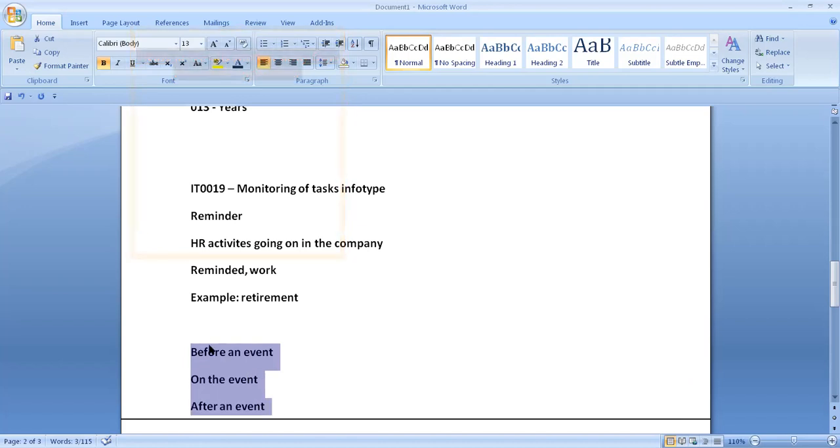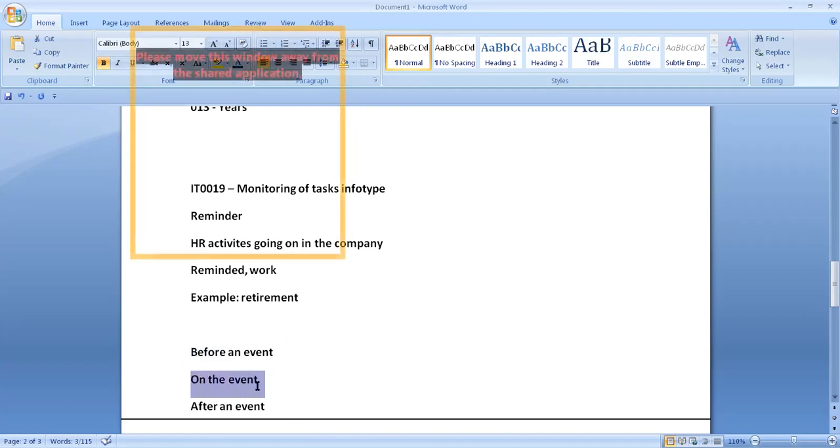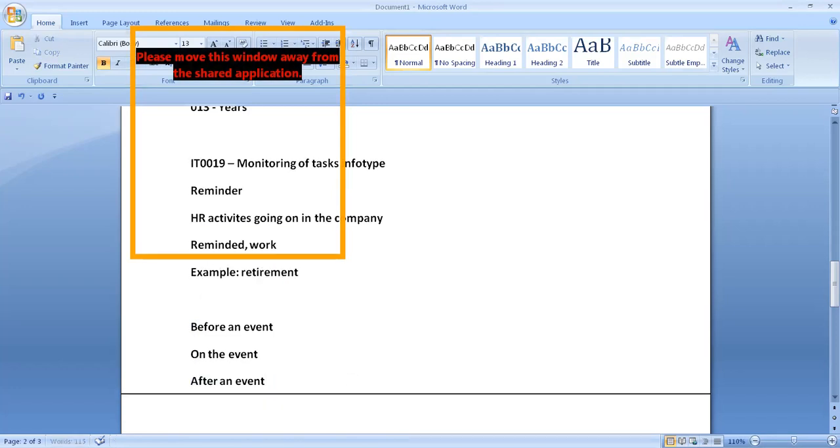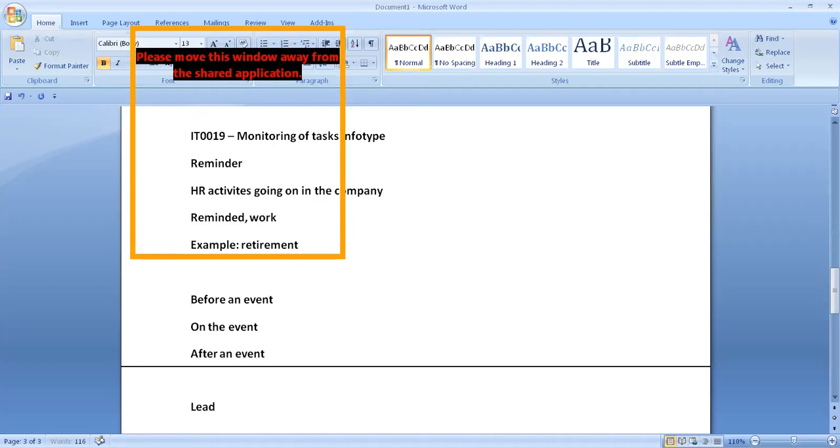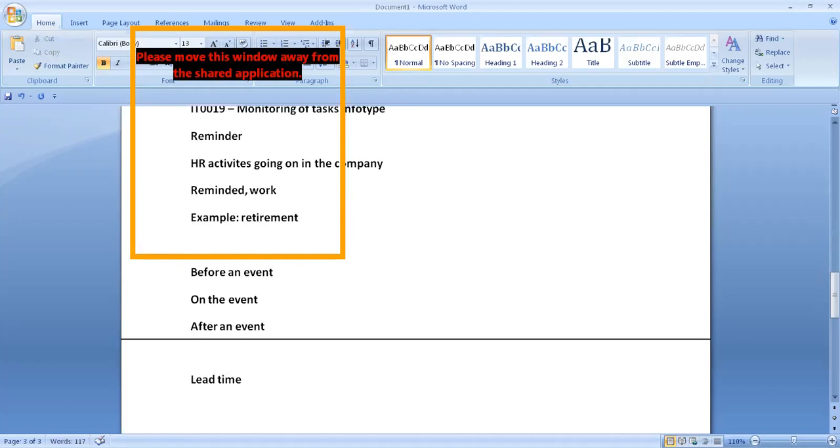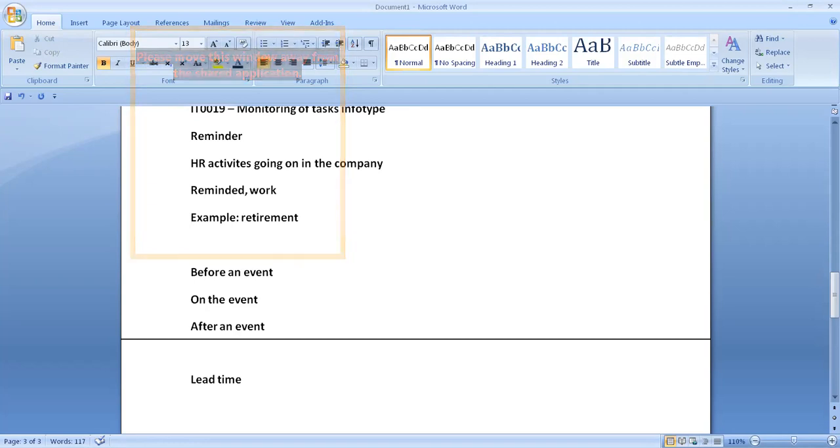So not only before an event are you working on a specific activity; on the same date or after the date also you are maintaining it, which is called the lead time. You can call it the lead time. Plus, meaning plus, this one,